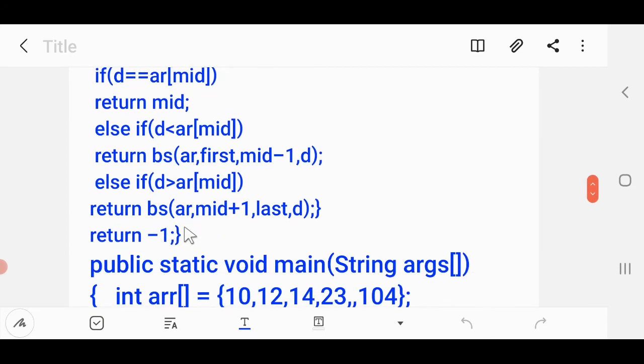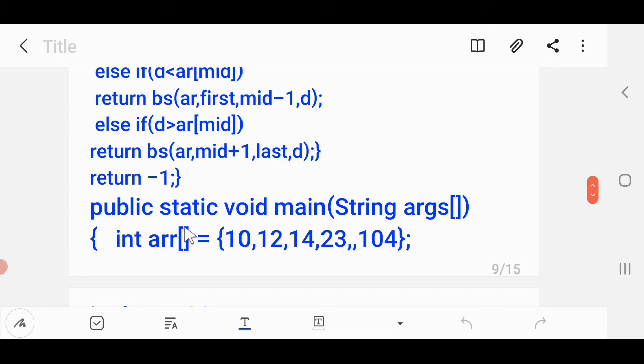Otherwise, when the entire array is over, the search is also over, then finally it will return what? Return minus 1. So there is no need of having else over here. In the if, I have written all the recursive calls, and outside that I have just written a plain return minus 1. Alright, so this is the recursive solution for the binary search.